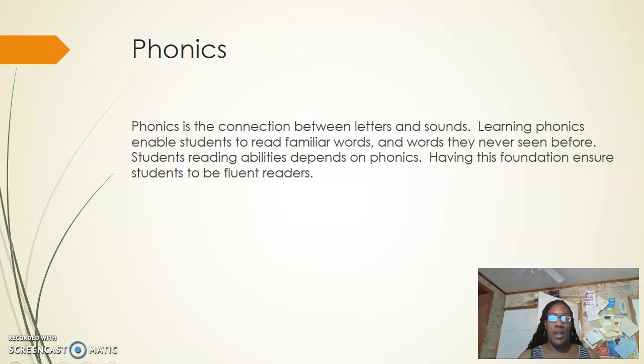Phonological awareness is being able to hear the sound, and phonics gives them the ability to take those sounds and relate them to printed letters. In kindergarten, we teach them that letters make words, words make sentences. So all of these are in correlation with